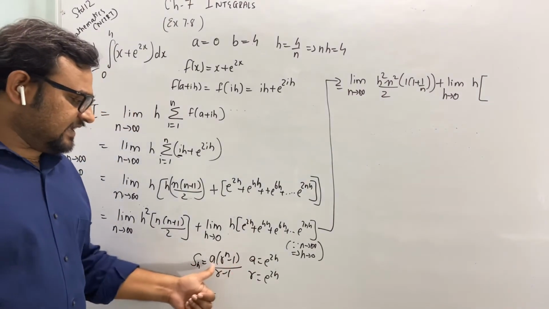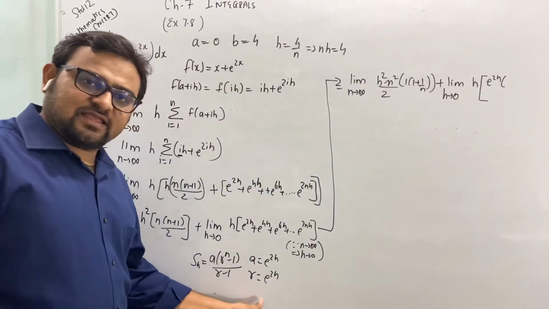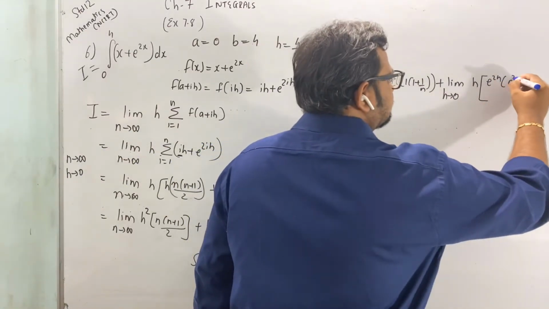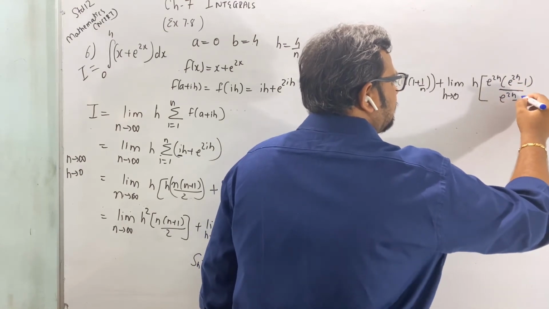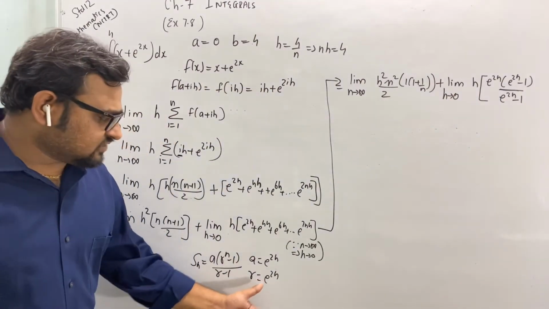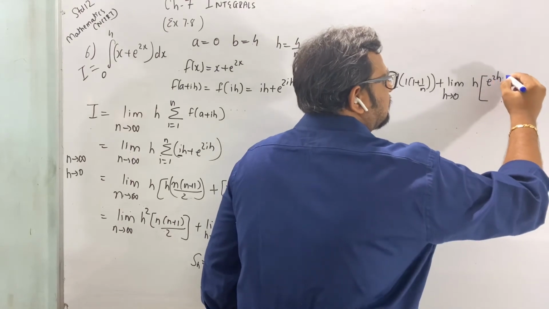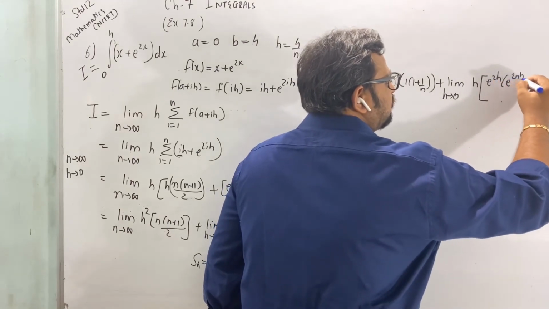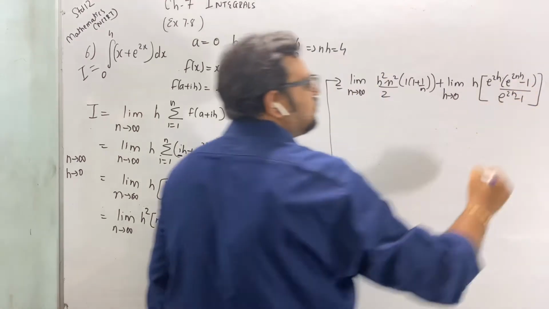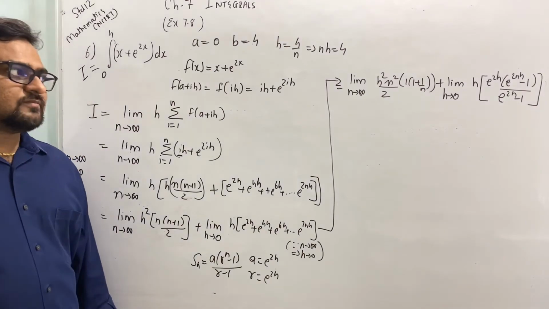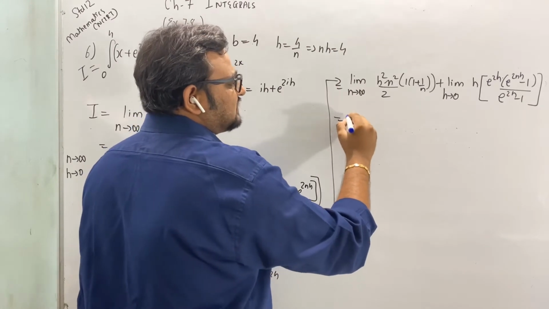Okay, now what is a? e raised to 2h, r e raised to 2h upon e raised to, sorry, e raised to n minus 1, so it's 2h. So it's e raised to 2nh minus 1 upon e raised to 2h minus 1. Clear? So now in this case, putting the value of n square h square,